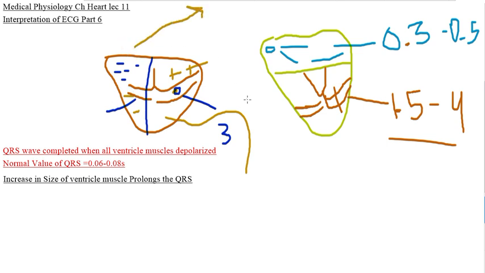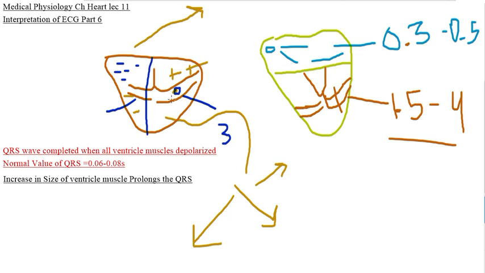So it is deviated, whereas the normal QRS vector is at 59 degrees. In case of blockage of Purkinje fiber, it may be deviated in this direction or in this direction. If left Purkinje bundle branch blocks, then it will be deviated towards the left side. If there is a right bundle branch blockage, then it will be deviated towards the right side.